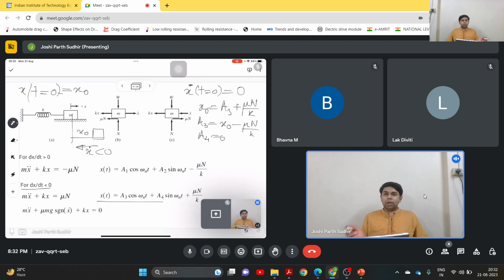that will be after one half cycle. So what is the time period of the oscillations? It will be 2 pi upon omega n. So for one half cycle, which means half of the time period, so for time t equal to half of time period, which is basically pi upon omega n. So if we substitute t is equal to pi upon omega n,